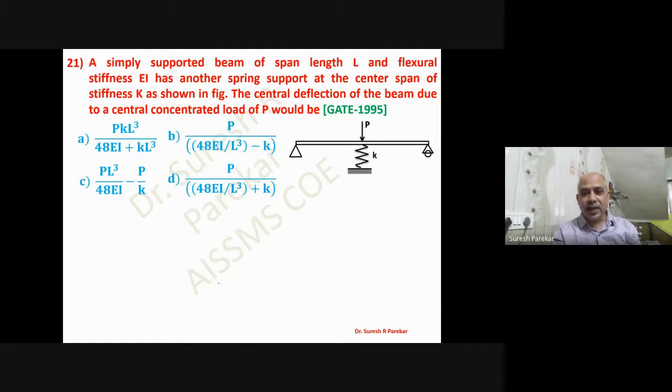In this one, now how will we get it? We are going to get the actual value of displacement. We have R by K. Now the displacement due to load, we have PL cube upon 48 EI, which will be downward. Now due to reaction, it will be in the upward direction, and that will be minus, because we are saying upward. So this will be RL cube upon 48 EI.